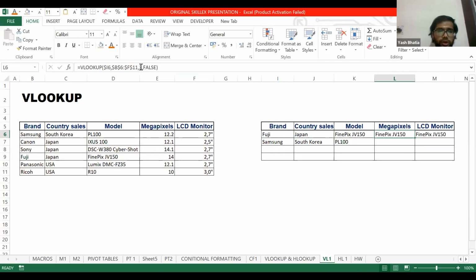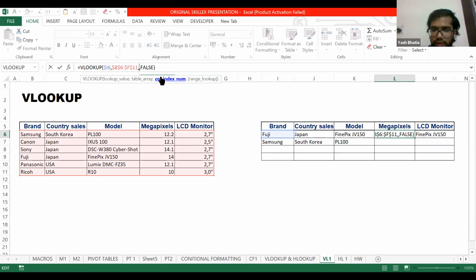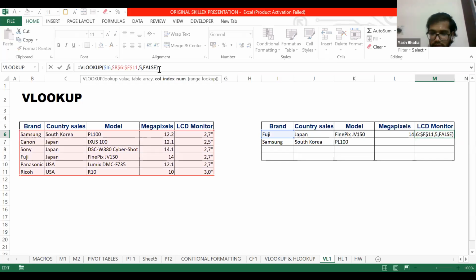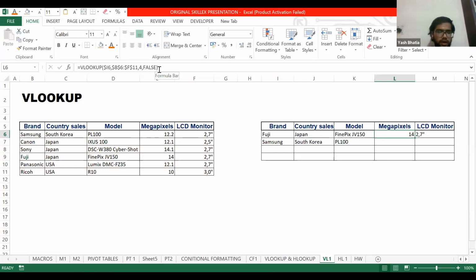I change the row number to 4 as we have come to 4th row. Now it's showing correct. Again, I click on it. I change the column number to 5th. Yeah, it's working correctly now, and we can paste it. So that's how we have filled the table using VLOOKUP.